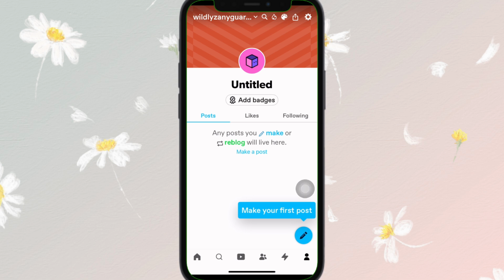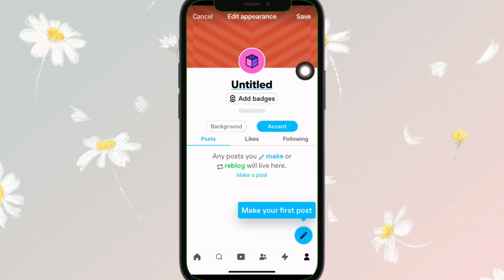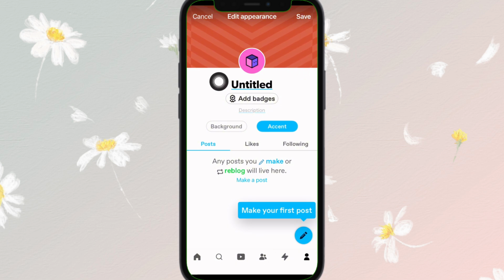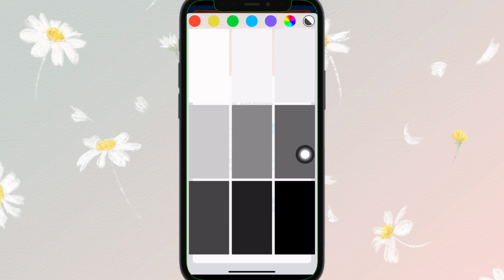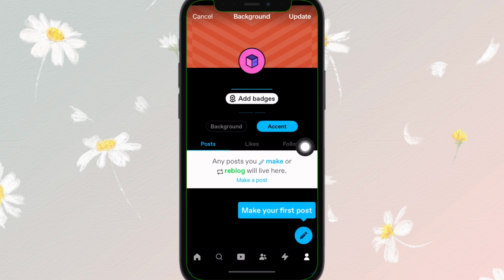Now to change to dark mode, tap onto this color palette option right here. Select it. Then here you can find background right here. Tap on it. Then from here you can simply choose the color to dark mode. Just choose the black one just like this and swipe down just like this and tap on update